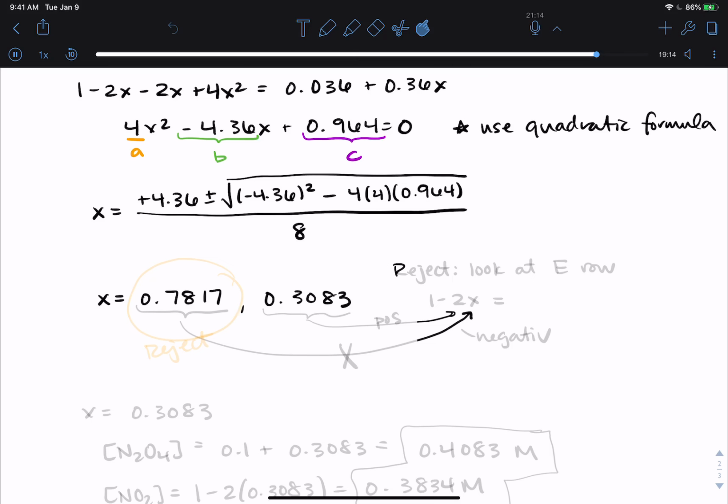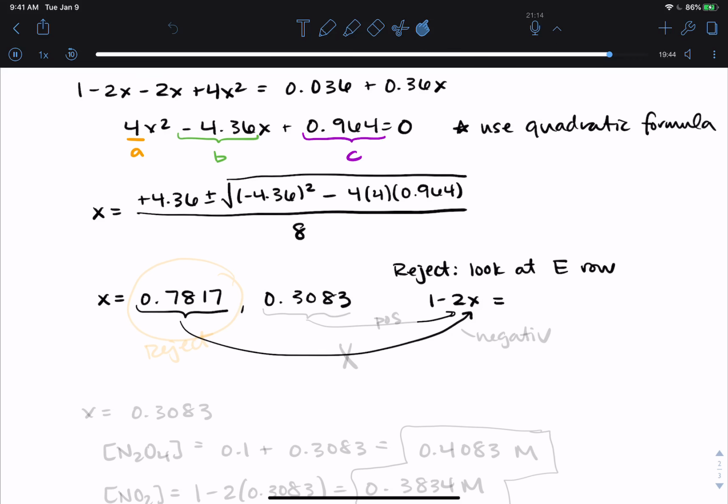So in order to find one to reject, we have to look at the equilibrium row. And I think one of the easiest ones to look at is the 1 minus 2x, right? So this NO2 concentration, 1 minus 2x equals, if I plug in this